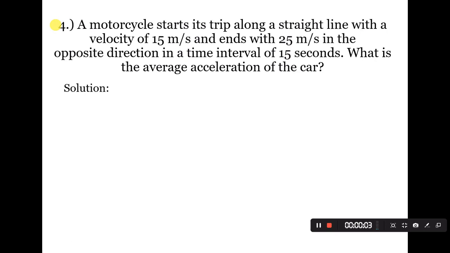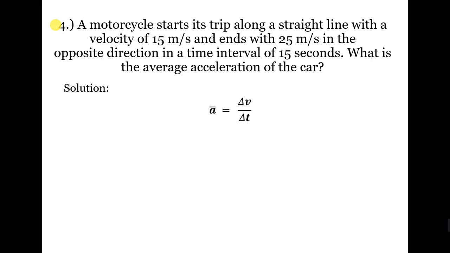Let us proceed to problem number 4. A motorcycle starts its trip along a straight line with a velocity of 15 meters per second and ends with 25 meters per second in the opposite direction in a time interval of 15 seconds. Now, what is the average acceleration of the car? For the solution, by using the average acceleration definition,